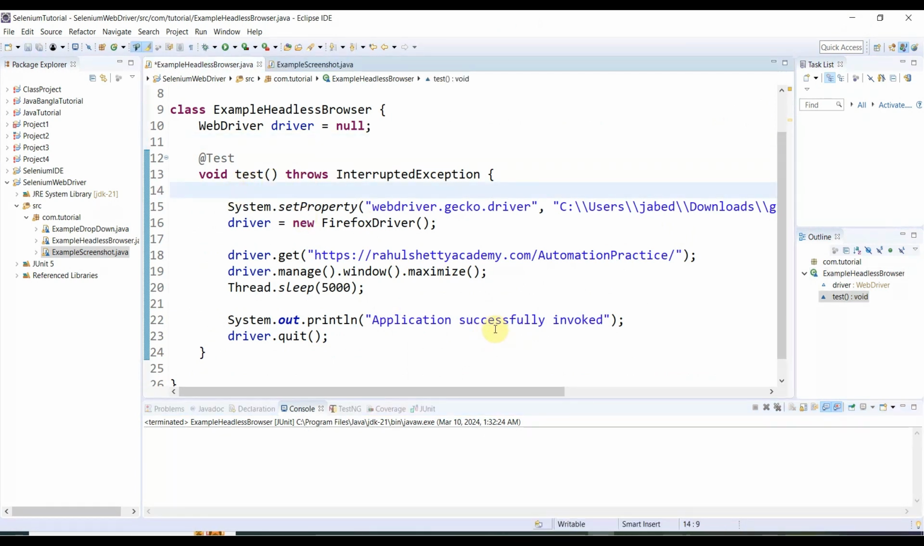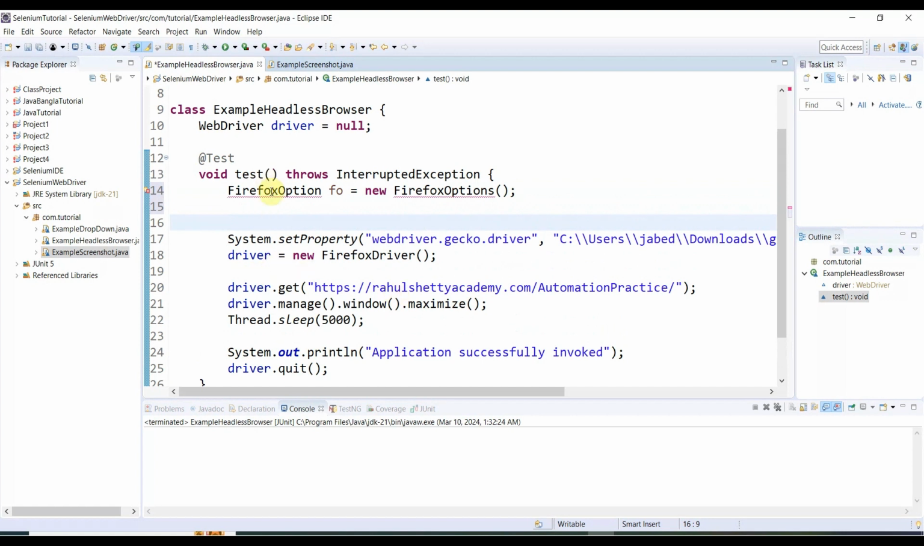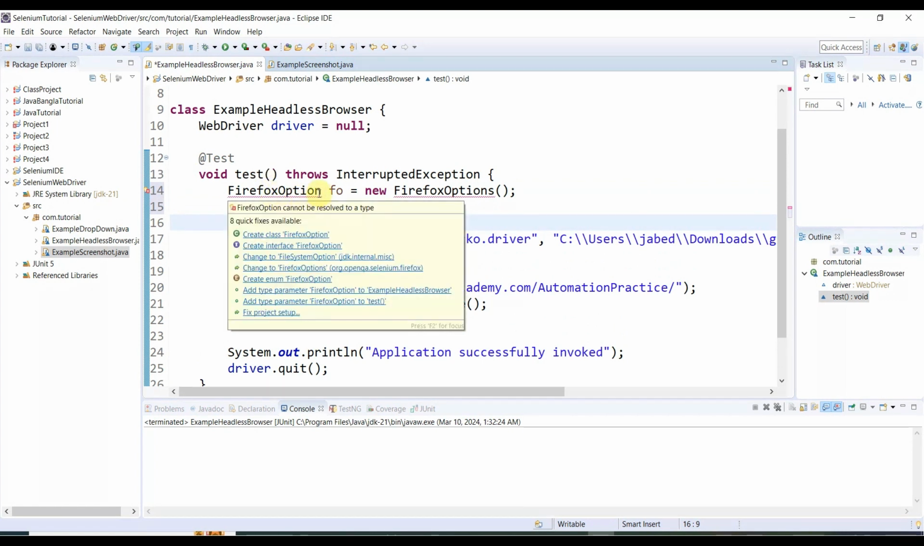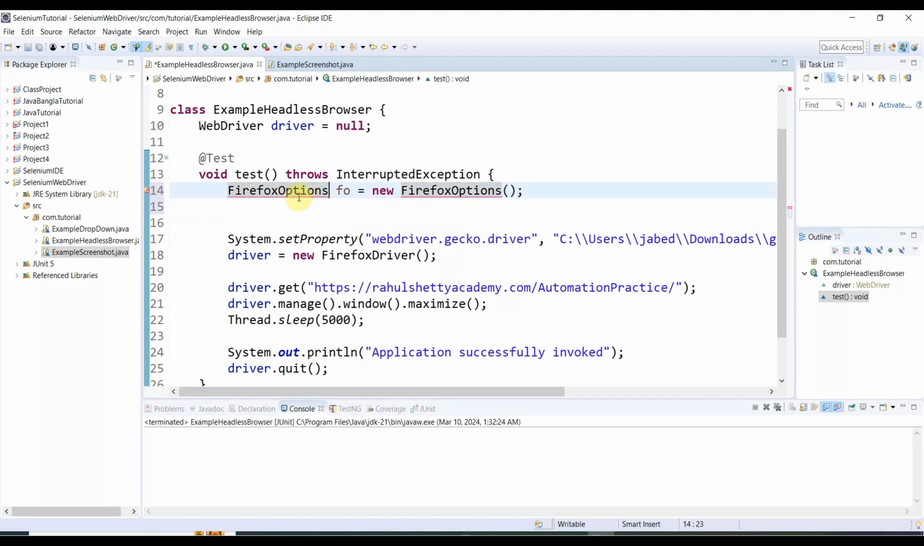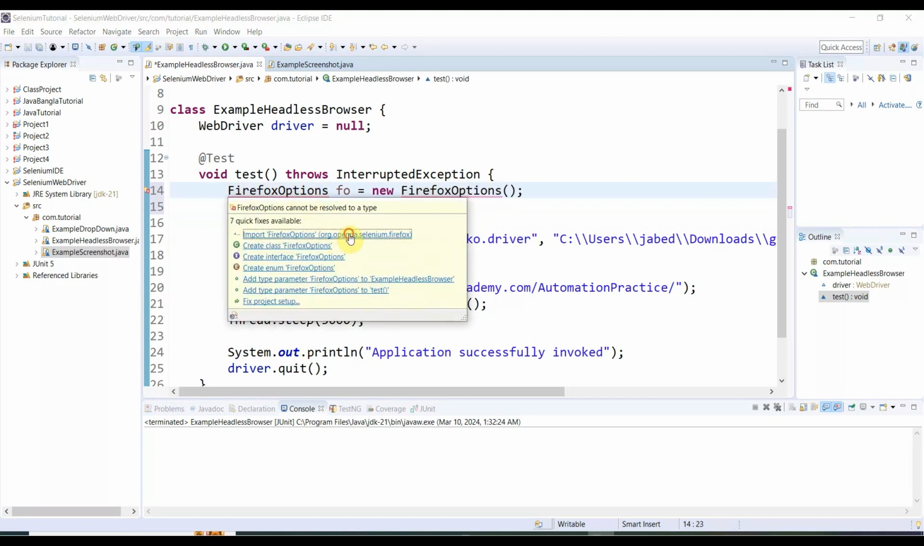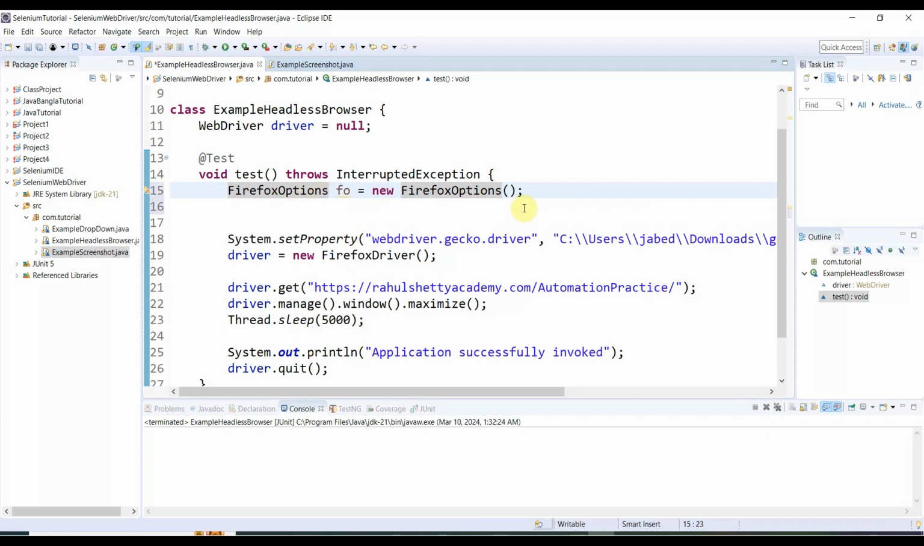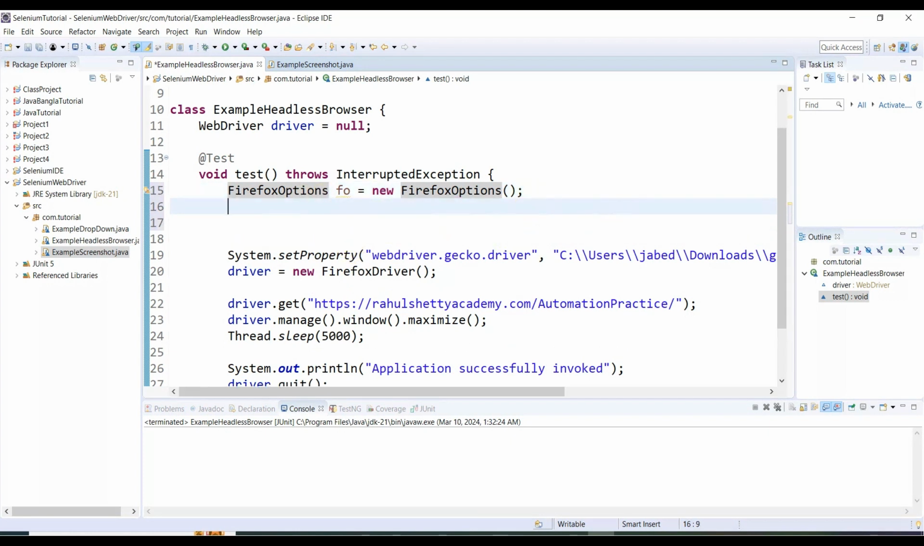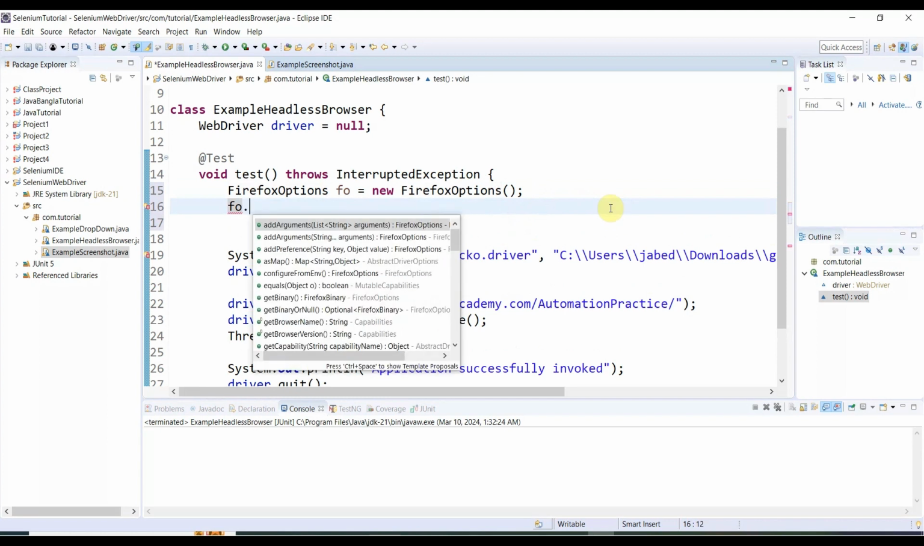Now you need to write the code for Firefox options. Let's say fo equal to new FirefoxOptions. So basically here is the red mark. If you mouse over, Firefox, it will be options. So mouse over, import that, the red mark will be gone. Thereafter fo.addArguments,